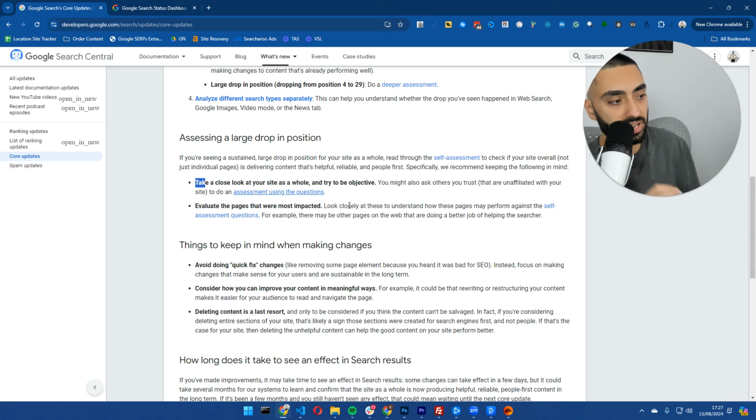Look closely at those to understand how these pages may perform against the self-assessment questionnaire. For example, there may be other pages on the web that are doing a better job of helping the searcher. So again, they're kind of referring to how helpful the actual page is. One thing to bear in mind with this as well is if, say, for example, you have got a 6,000